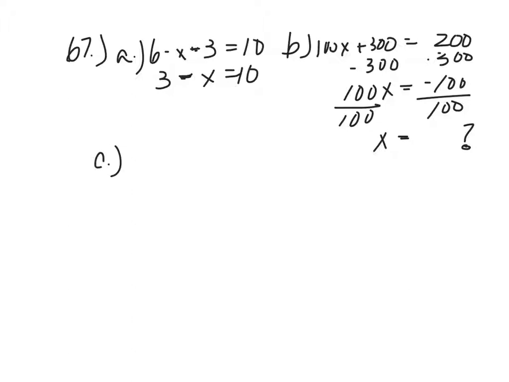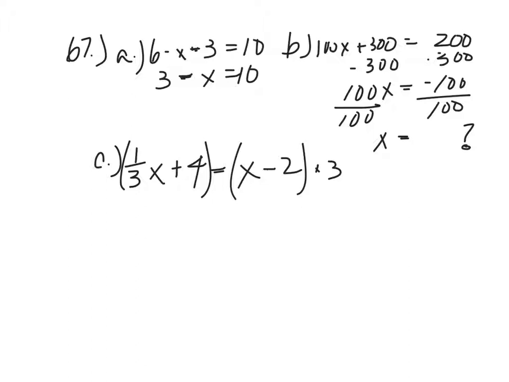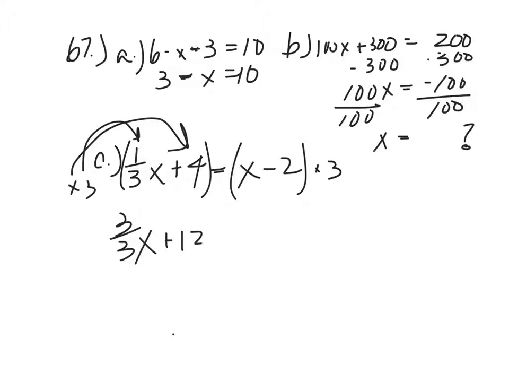C is going to be 1/3 x plus 4 equals x minus 2. Now there's several ways to solve this, and I'm just going to go ahead and multiply both sides by 3 to make this x a whole number, which is one of, as I mentioned, several ways to solve this. Times 3, times 3. 3 times 1/3 is 3 over 3x, or 1x. 3 times 4 is plus 12 equals